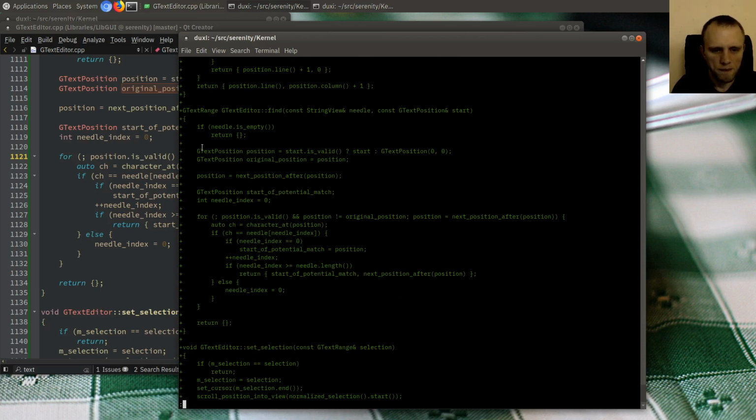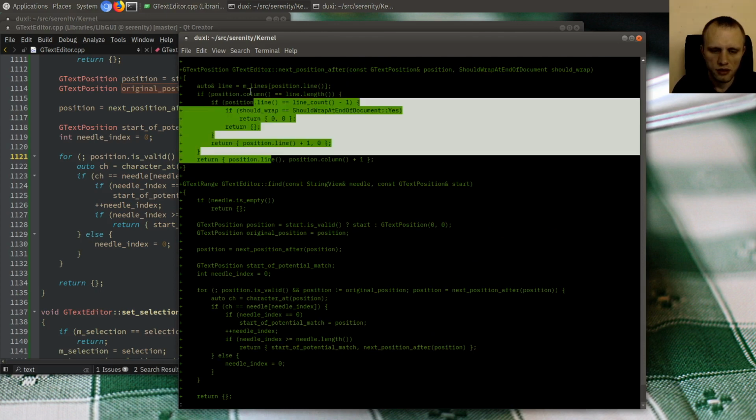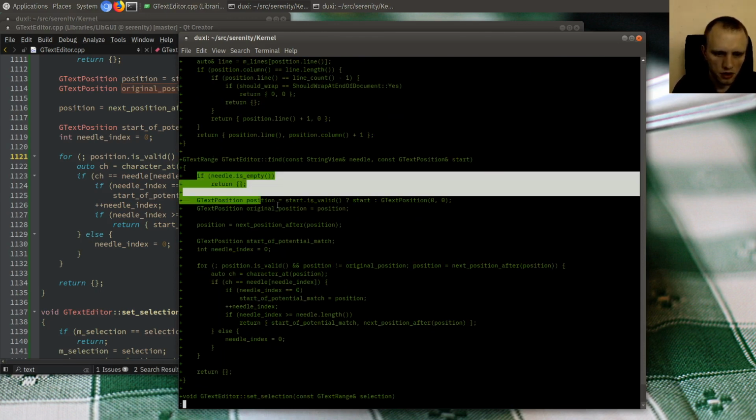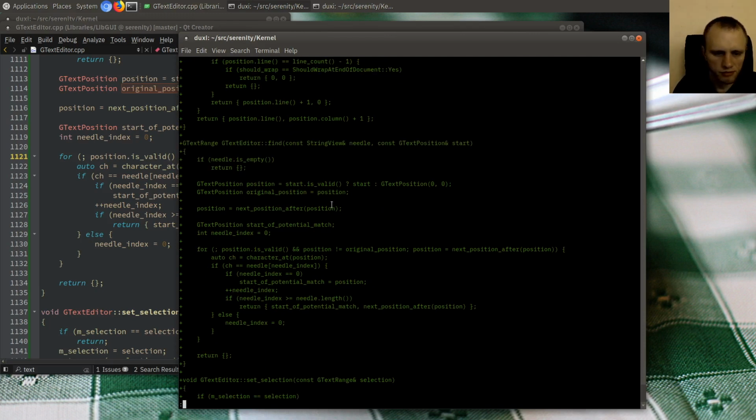Okay, and then what do we do in find here? Because this one, advancing the position, that's pretty straightforward. All right, so fine, if you're looking for an empty needle in the haystack, then we just tell you, nope, can't find that. Otherwise, we start at the provided start position if it's valid, otherwise we start at the top of the document. And then,